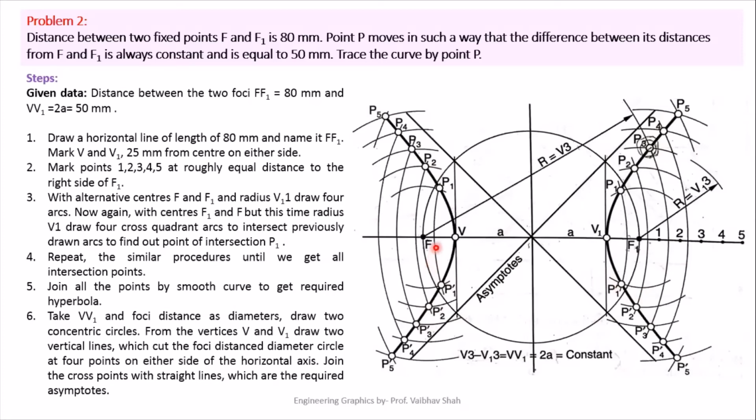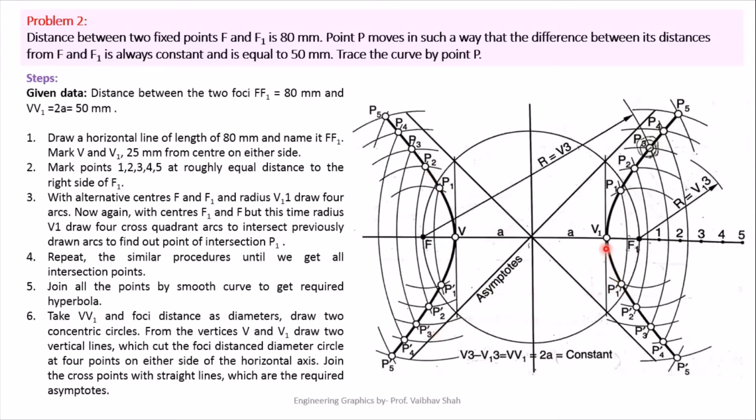You have to draw one arc from this point F, one arc above this F, and one other arc below this F. After that, we'll take the V V1 distance and put our compass at F1. You have to cut this previously drawn arc somewhere here and somewhere down here. Now, we have to change the center but keep the same radius V V1, and we have to cut this arc from your F point somewhere here and somewhere here. So we'll have this point P1 on the above side and P1 dash on the below side.